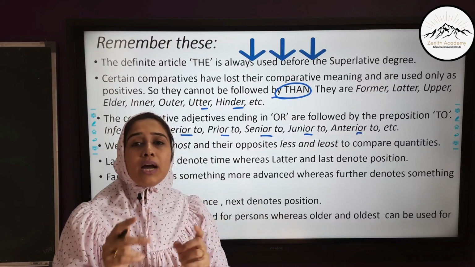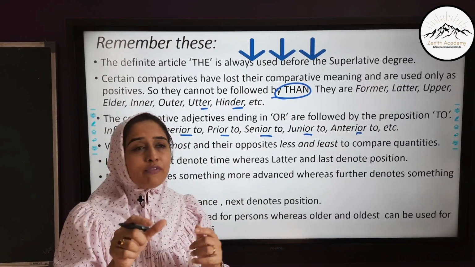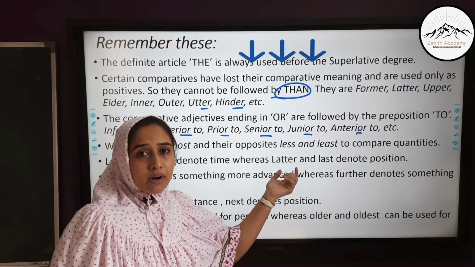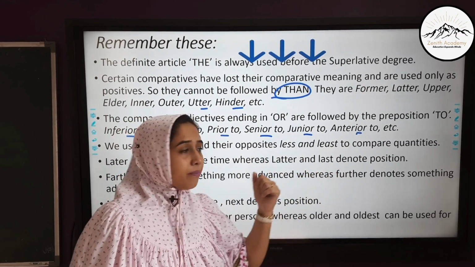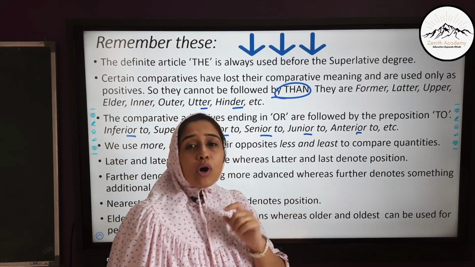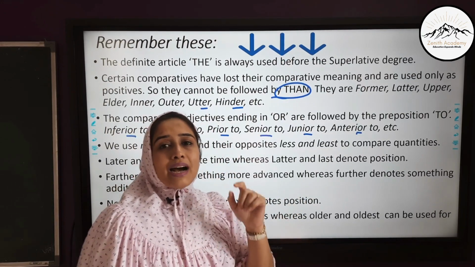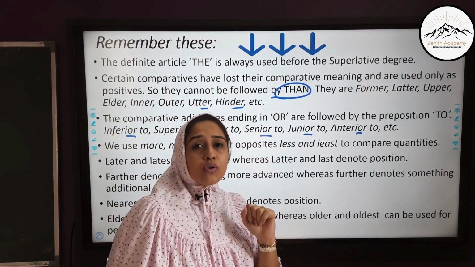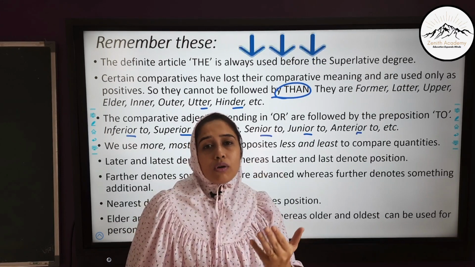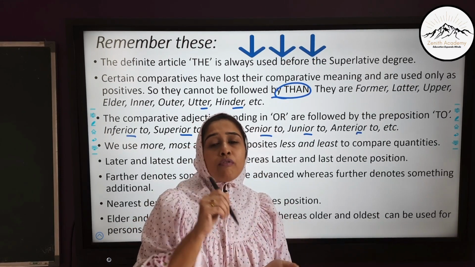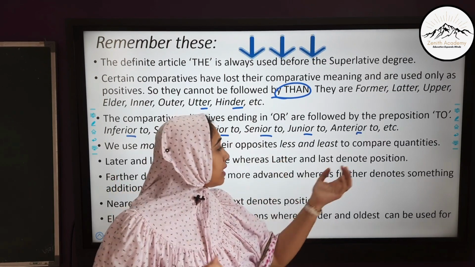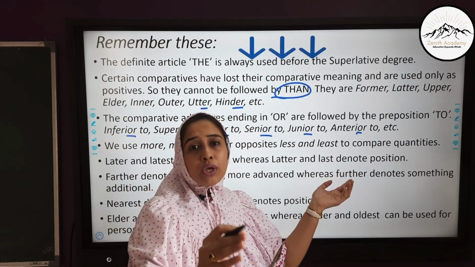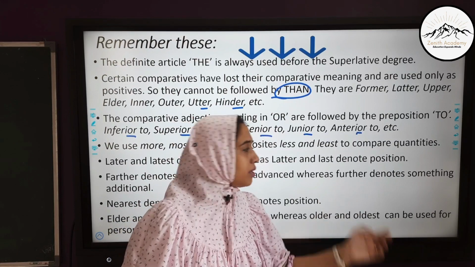So I said Ram and Shyam. So who is intelligent? Shyam. We come to know that from the word latter. So it is a comparative word showing position. I am talking about the boy who is last in the queue. Here also I can clearly explain which boy I am talking about. You can imagine the position by the word last. In the particular queue, he is standing last in position.